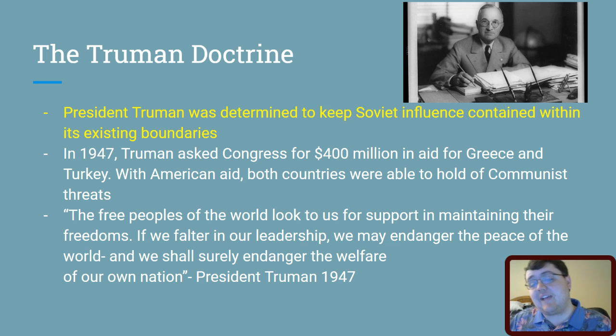In 1947, Truman asked Congress for $400 million in aid for Greece and Turkey. With American aid, both countries were able to hold off